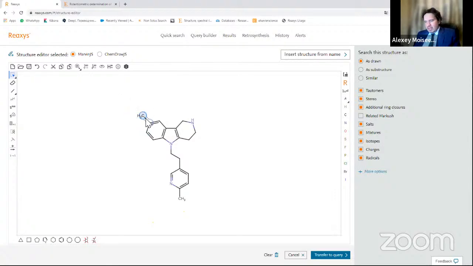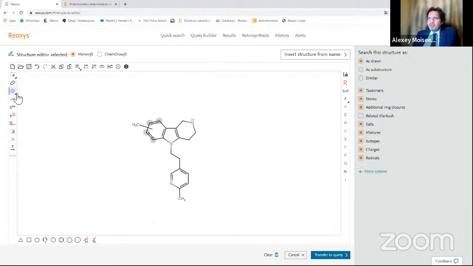I want to show you a couple of life hacks, some features that will help you to find substances. For example, this instrument is very effective. The name of it is position variation bond. We can, like a lasso, take part of our molecule. So Reaxys will try to find all the substances with the carbon in different positions here.